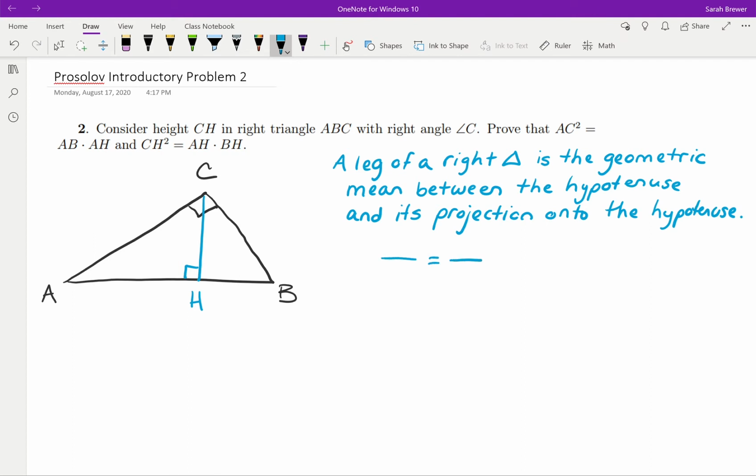when you're setting up a proportion, the geometric mean is always going to go here and here, right? So those are the means in a proportion, and the extremes in this case are the hypotenuse and its projection onto the hypotenuse. And so you can see how cross multiplication gives us that AC squared is equal to AB times AH, okay? Similarly, we know that the altitude